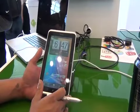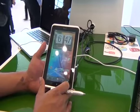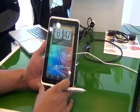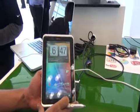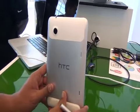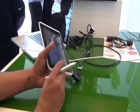Hey, it's the Droid Guy here with continuous team coverage of Google I/O 2011. We stopped by the HTC booth where they're showing off the HTC Flyer, not to be confused with the HTC EVO View 4G available on Sprint. This is actually the HTC Flyer version. That's Wi-Fi and will be available at Best Buy, and I believe, if I'm not mistaken, you can actually pre-order